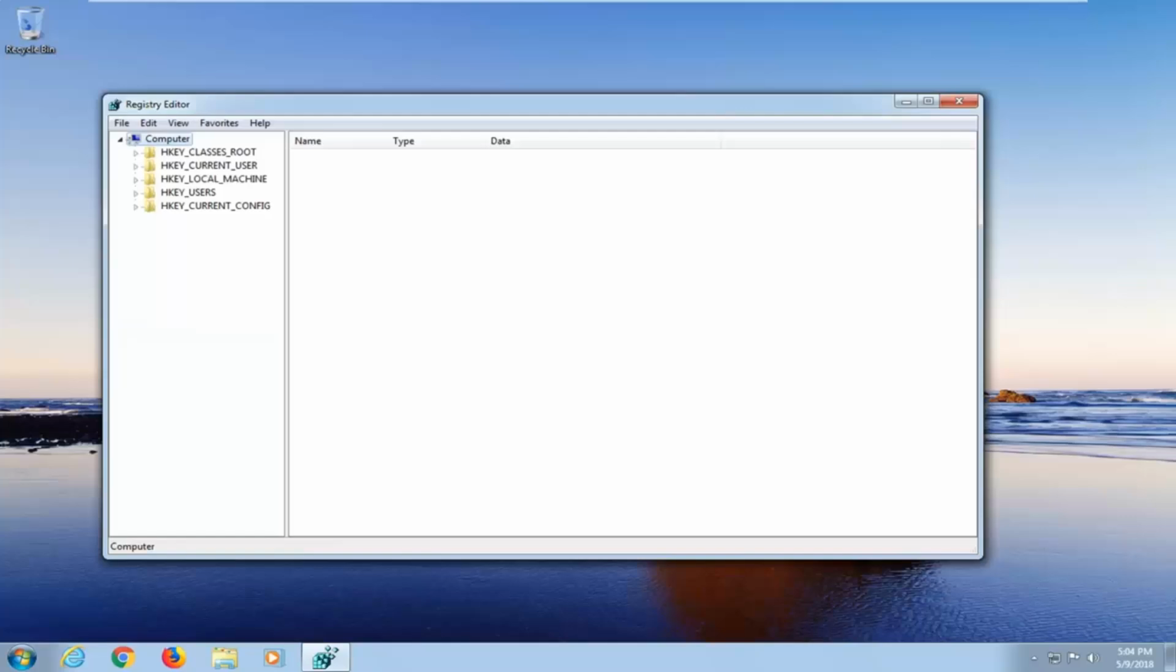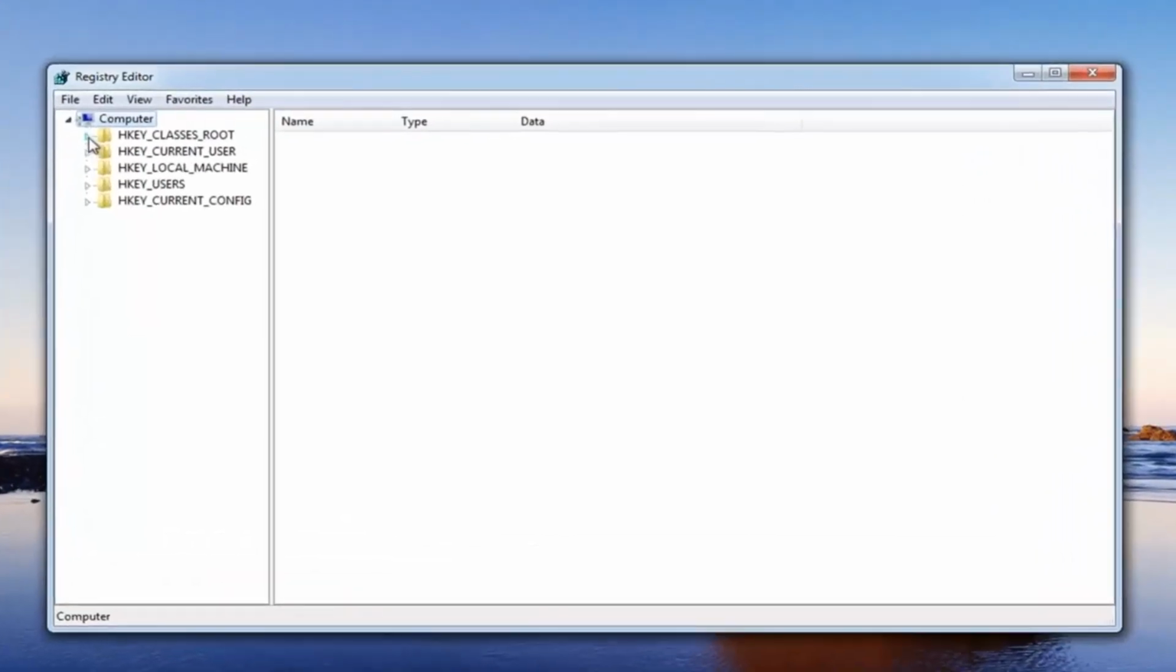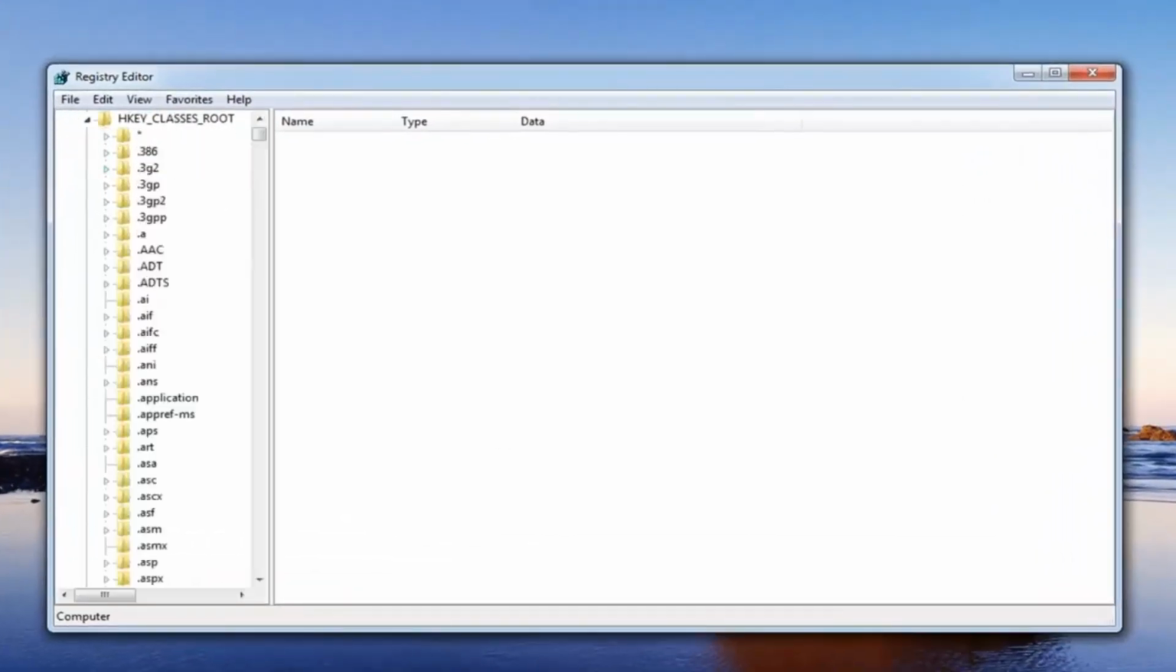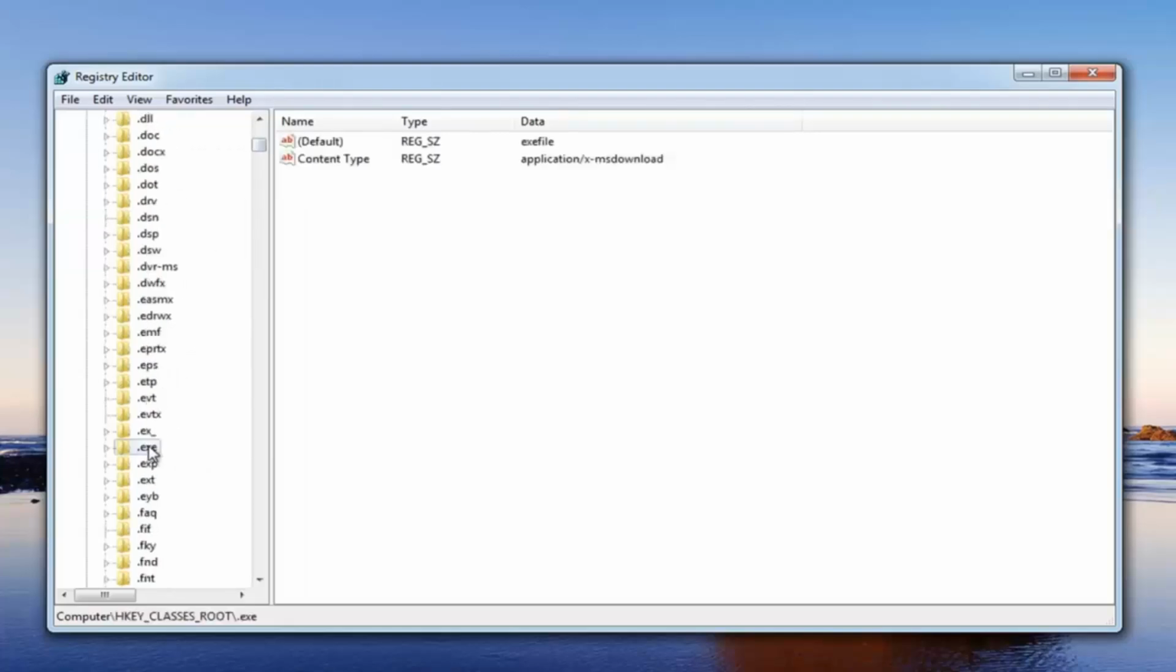So now that we are in the registry editor here, you want to go and expand the HKEY_CLASSES_ROOT folder right here. So just left click on the little arrow next to it to expand the view. Once you've done that, now we want to locate the .exe selection. So just scroll down here, right here. So once you've located .exe, what we want to do at this point, it's going to be pretty